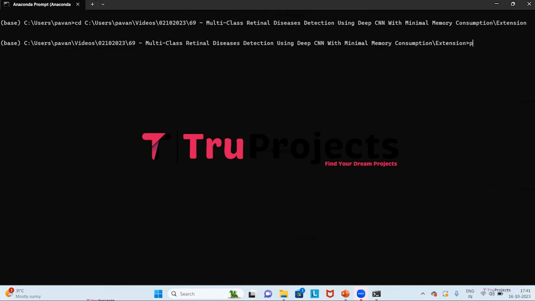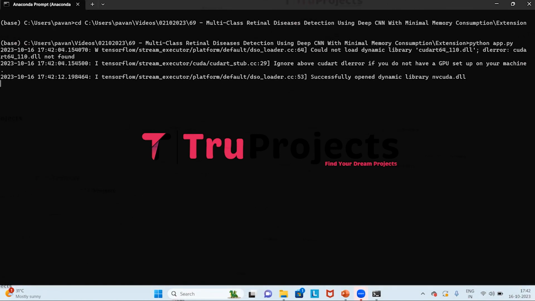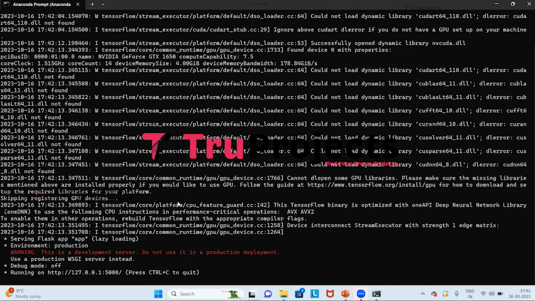Here we need to type the command which is python space app.py and then click on enter. This will compile the app.py file. This command will execute the Python script and perform a runtime check for any syntax errors or logical issues. After running the app.py file, the Flask framework will host the application locally at the default address, which is the